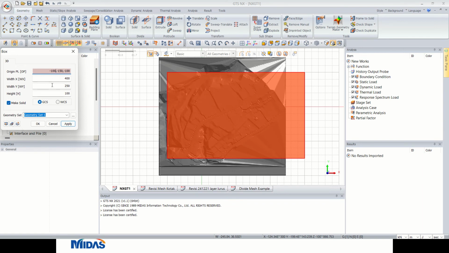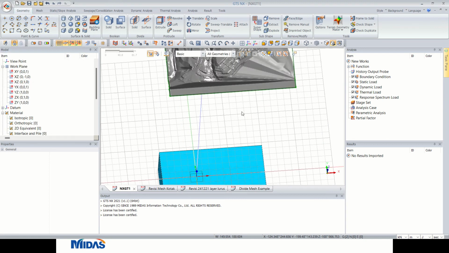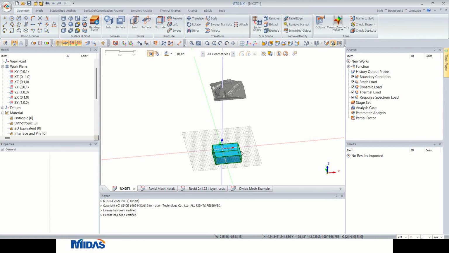Then we don't want such a big solid box. We can reduce to here. And then let's see. This one we can increase again, say minus 160 or 70. Maybe too much, 60. Then we just press OK. So this is the problem.